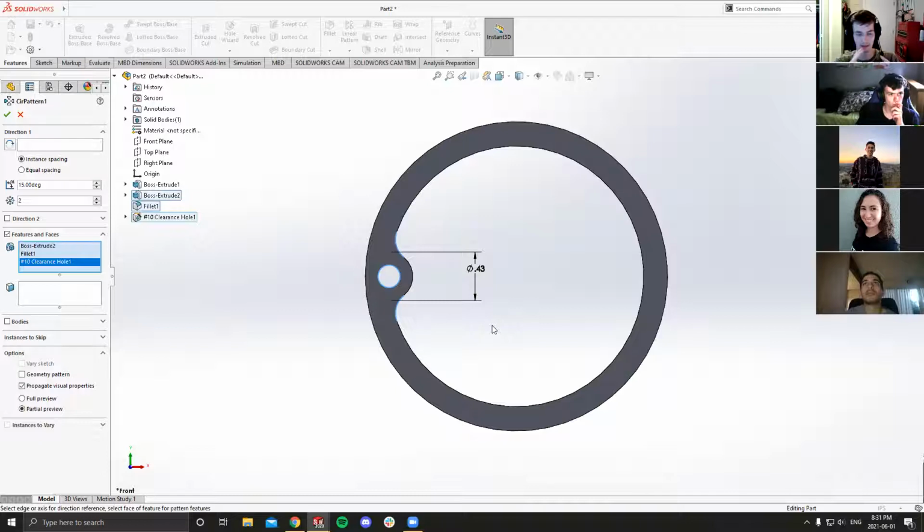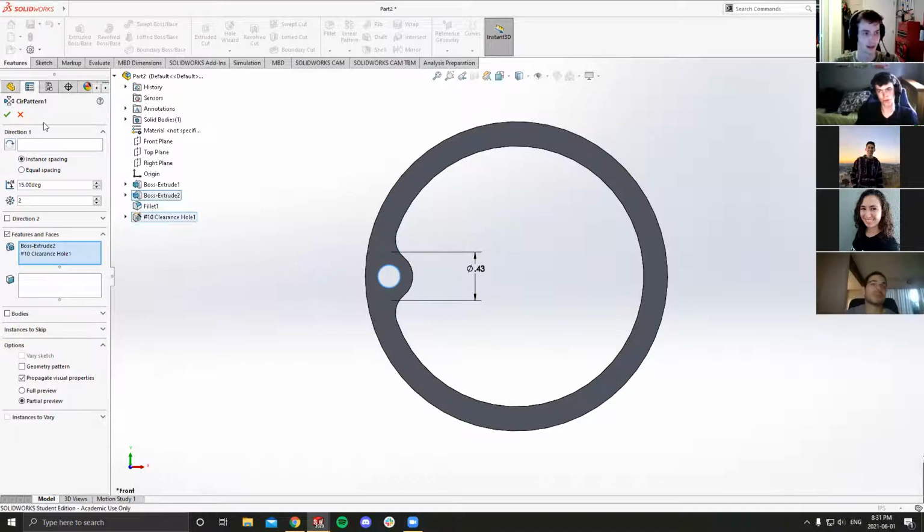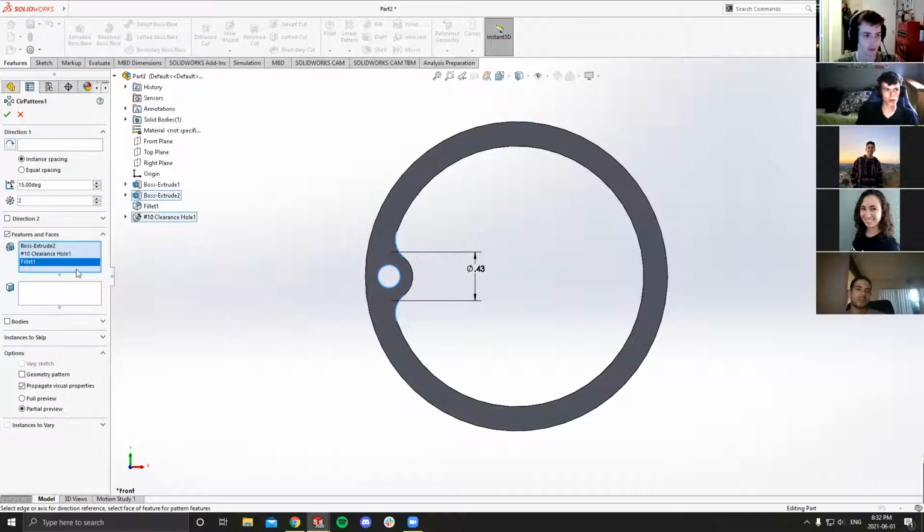Basically, we have the feature in its final state before we make any patterns with it. Because if, say, I didn't copy the fillet, then, well, first off, rebuild errors because I don't know what I'm doing. But if I don't copy the fillet, then you'll have to copy it around manually later. And I'll show you after we set this up correctly. But with all three features